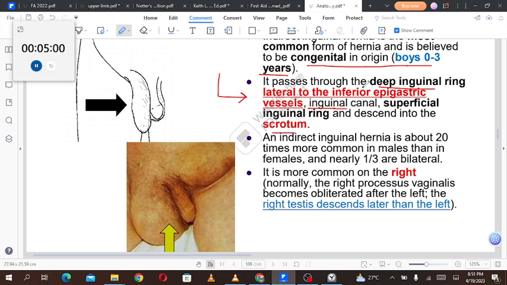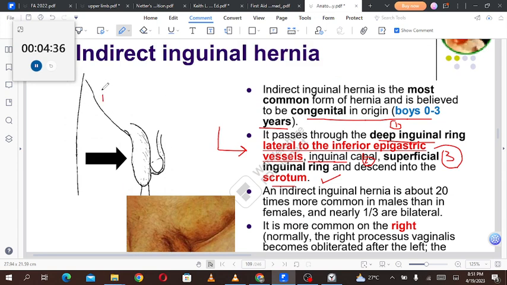So it passes through the deep inguinal ring. Forget about these red lines. It passes through the deep inguinal ring, inguinal canal, superficial inguinal ring, and descends into the scrotum. So it is passing through all these structures. Number one is the deep inguinal ring, then it moves into the inguinal canal, then it passes through the superficial inguinal ring, and ultimately descends into the scrotum. So this is the pathway that is followed by the indirect inguinal hernia, and it is lying lateral to the inferior epigastric vessels. There is a mnemonic that is MDs don't